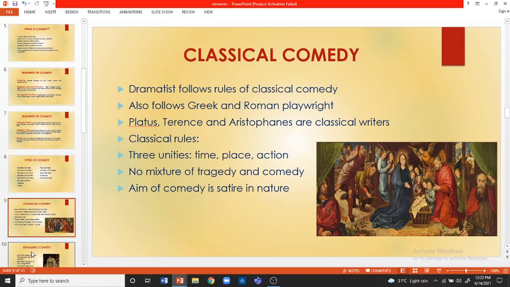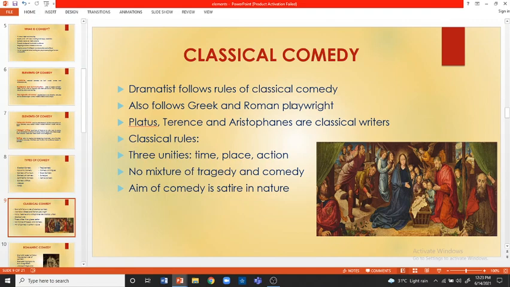Classical comedy is a kind of comedy where the author follows the classical rules of ancient Greek and Roman writers. Look here. What is classical comedy? Classical comedy is a kind of comedy where the author follows the classical rules of ancient Greek and Roman writers. This type of comedy is modeled upon classical comedies,